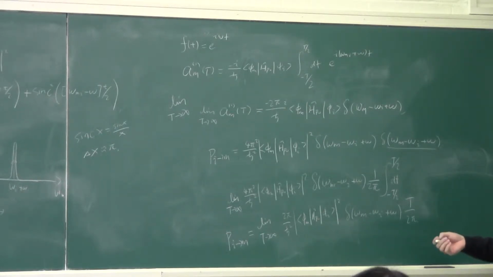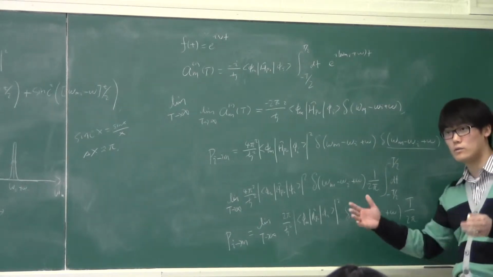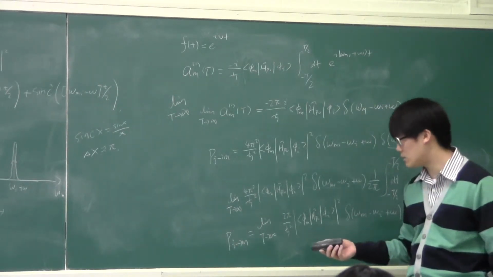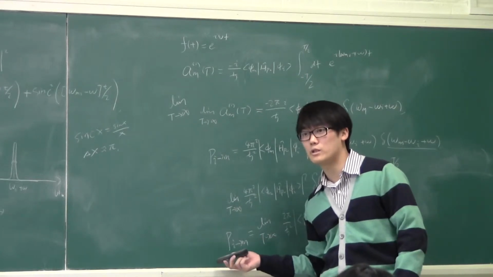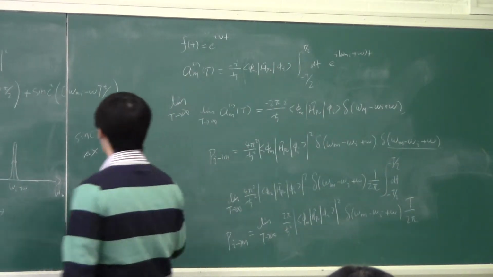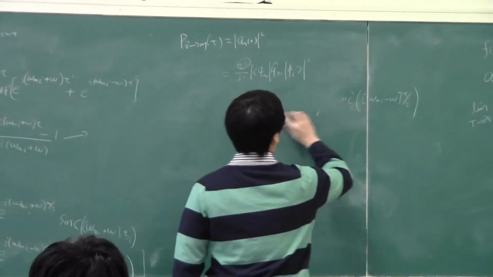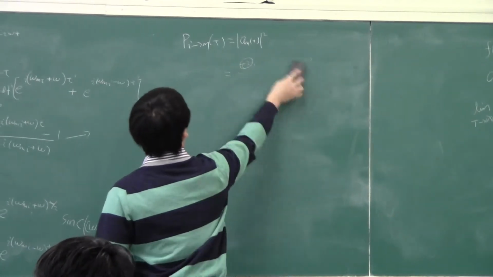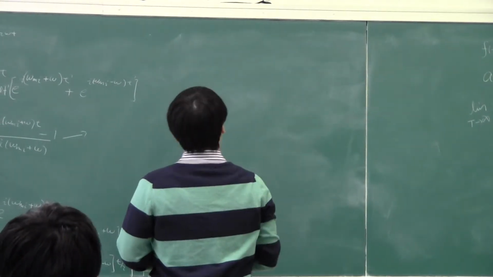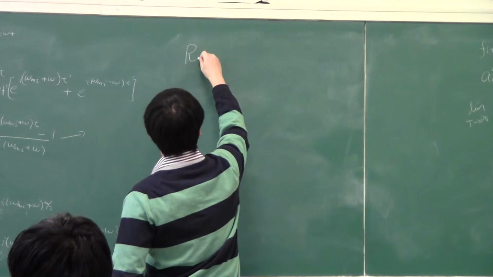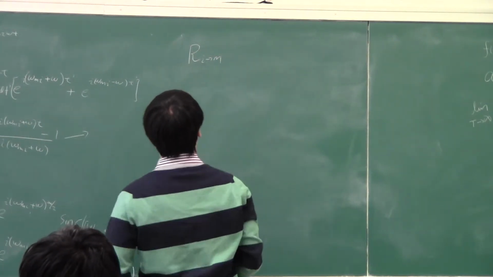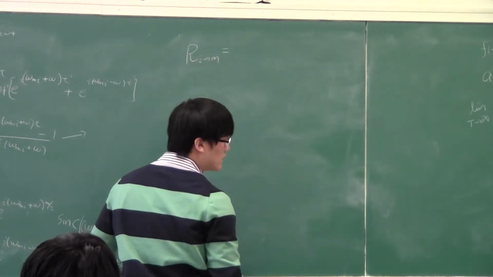But if we were to make sense of it, we would study the rate of change as I go to steady state. So the rate of change is the probability divided by the time for the experiment. So the rate of change then is a very nice formula, and this is called Fermi's golden rule. The rate of change R for the i to m transition in the steady state limit is given by